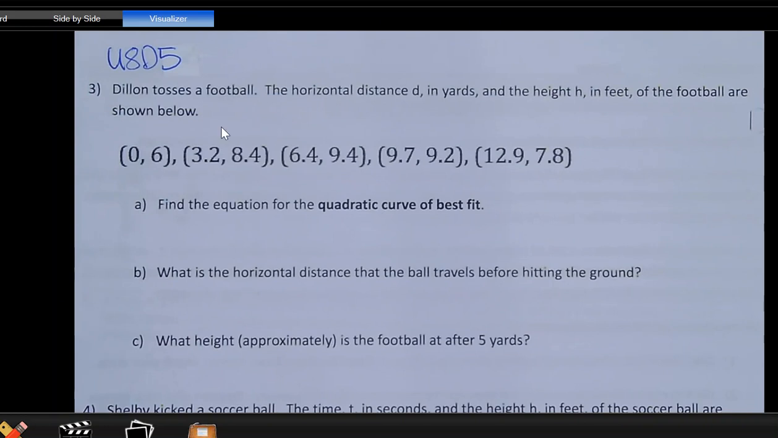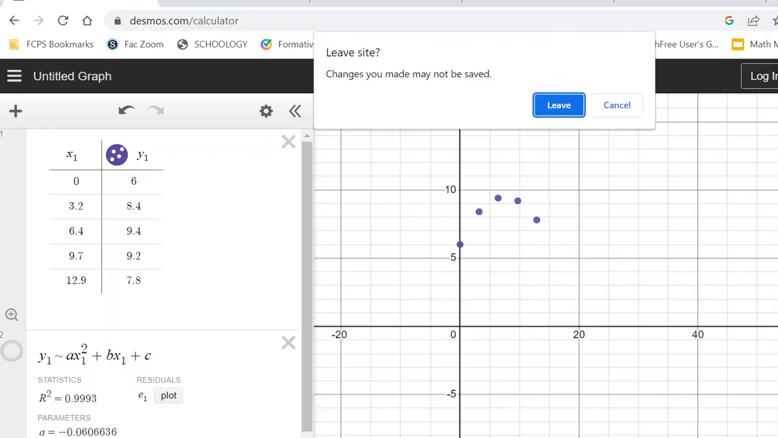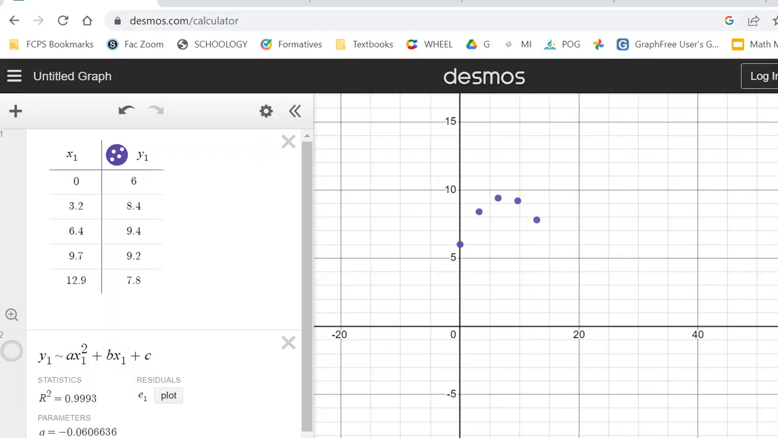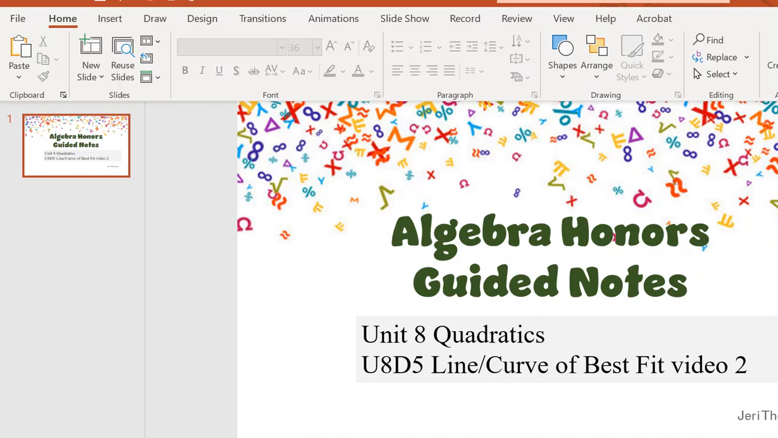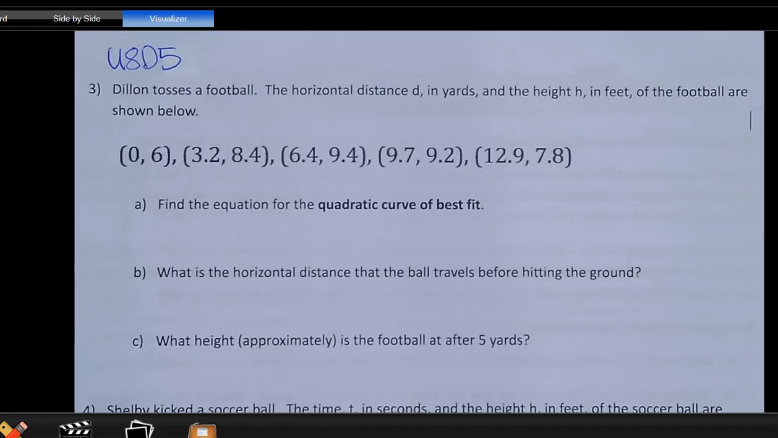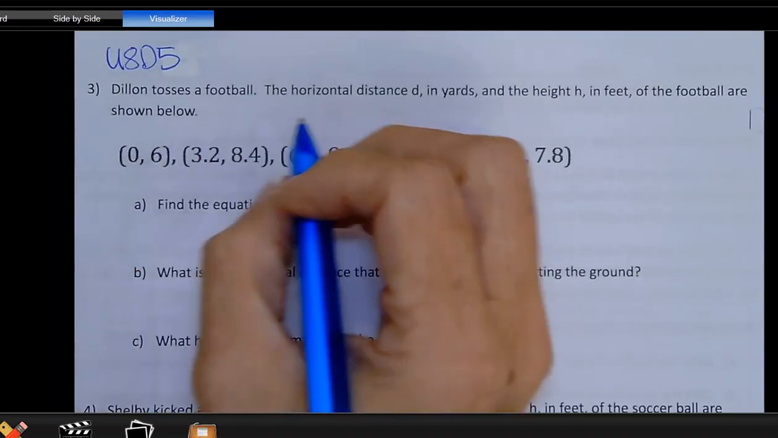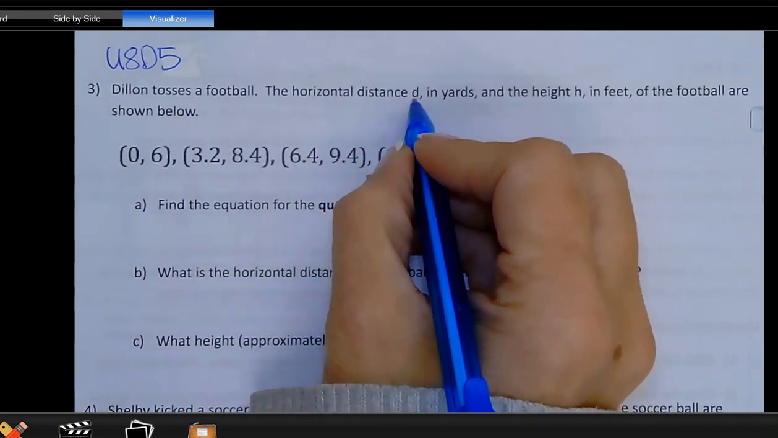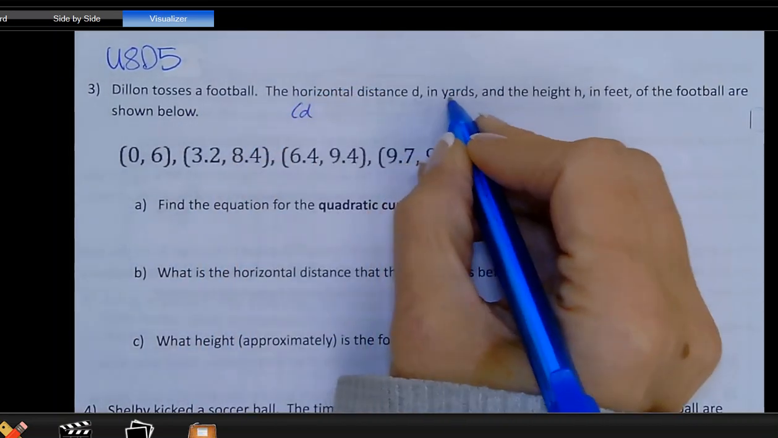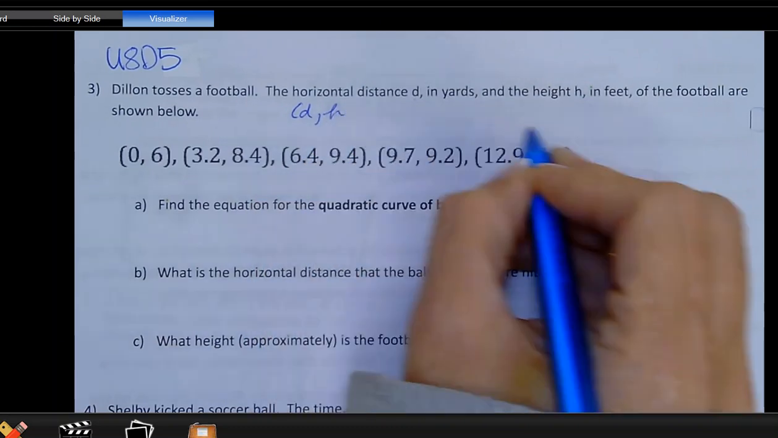Okay, so number 3, it says Dylan tosses a football. The horizontal distance D in yards. And we want to be back on those notes. Okay, so my ordered pairs are going to be the distance in yards and the height in